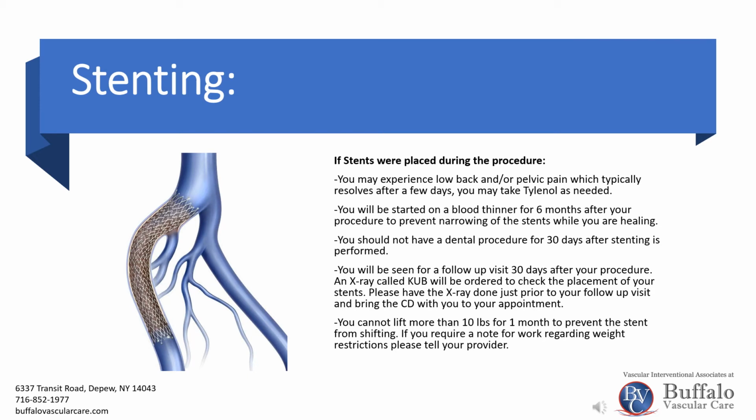You will be seen for a 30-day follow-up visit after your procedure. An X-ray called a KUB will be ordered to check the placement of your stents. Please have the X-ray done just prior to your follow-up visit, and make sure to bring the CD with you